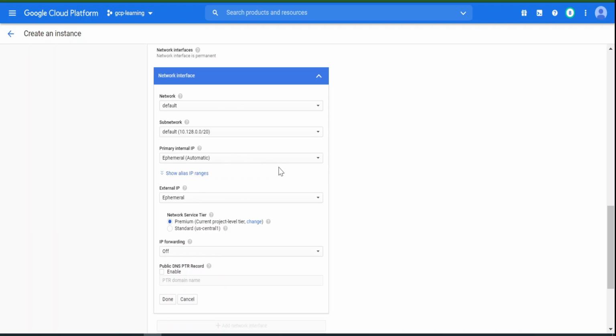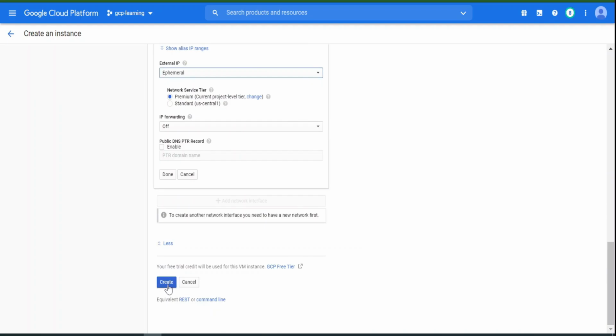Here it shows that ephemeral IP address will be assigned for the internal IP and ephemeral IP address will be assigned for the external IP address as well. If you want to assign the static IP address to this VM, then you can choose this option. But for this demo, let's go with the ephemeral IP address.